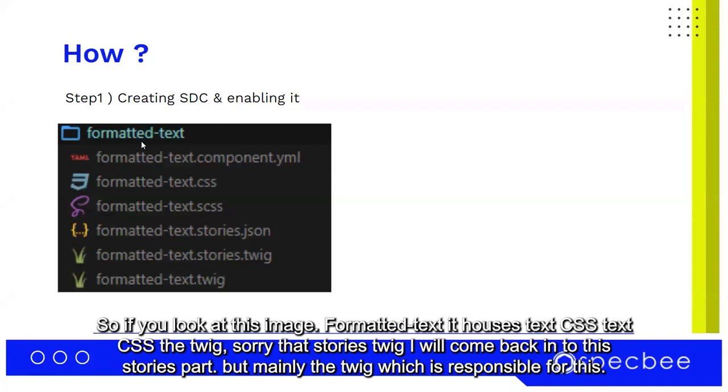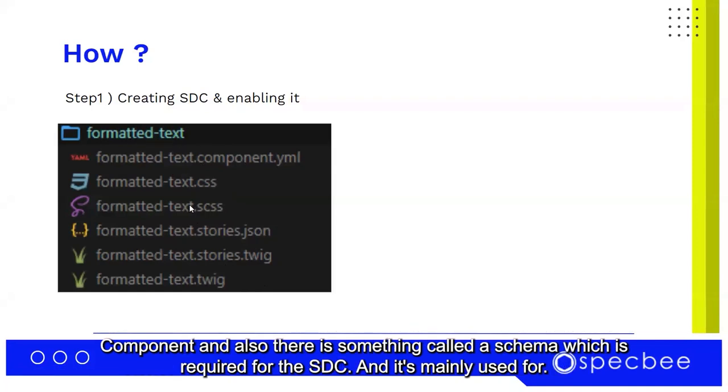If you look at this image, formatted text houses the CSS, the SCSS, the twig, and the stories. I will come back to this stories part, but mainly the twig is responsible for this component. And there is also something called a schema, which is required for the SDC, and it's mainly used for